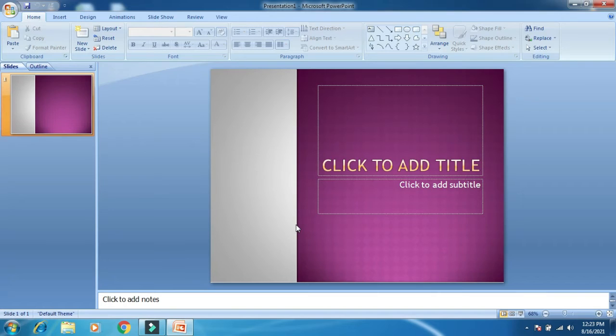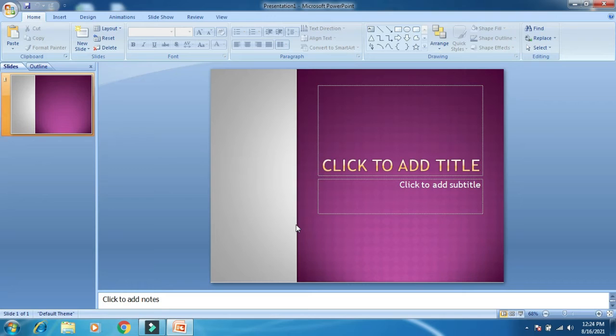So Slide Master is very important while doing the formatting in a presentation. Slide Master consists of 2 placeholders. The first one is the slide title placeholder and the second one is the body text placeholder. So let's go with the practical.